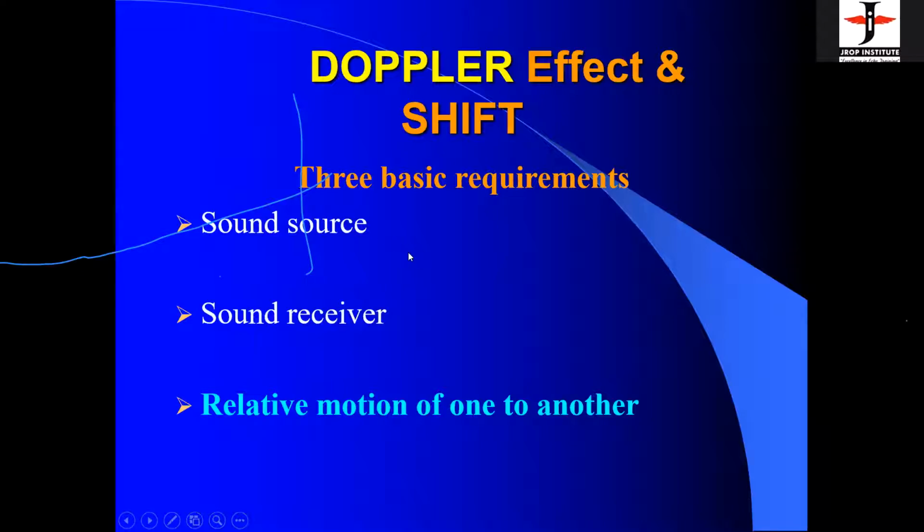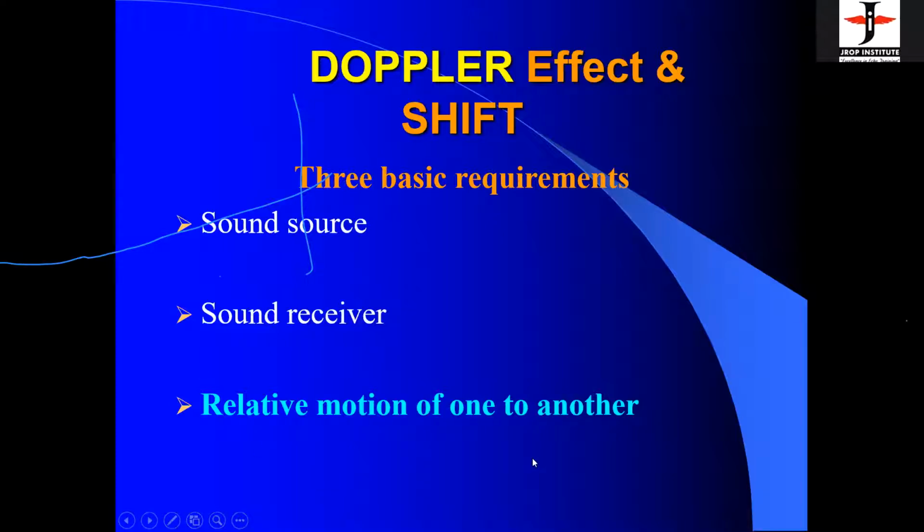For example, the usual example given always in a textbook or various lectures is a whistling train which is coming towards you in a railway station. If you have experienced that when the railway engine which is whistling comes towards you, you hear a loud sound, and then when it goes away, its sound goes down. So the sound source is the engine, and the sound receiver is your human ear. The Doppler shift occurs because of change in frequency. But the basic thing is they must be moving in relation to one another.